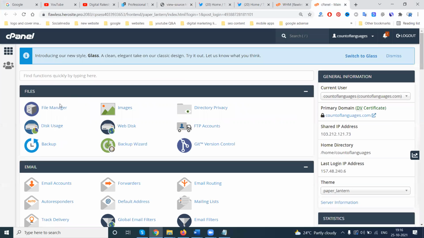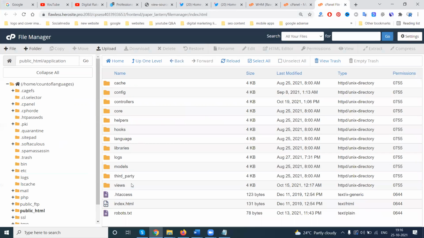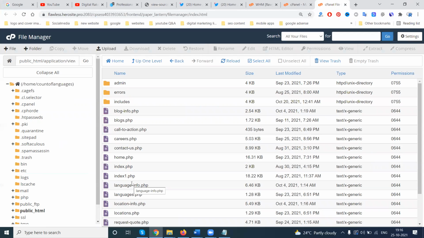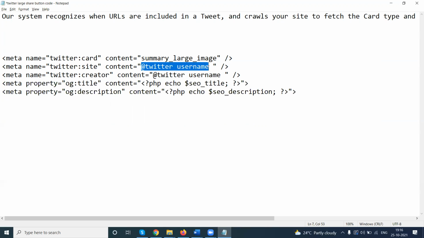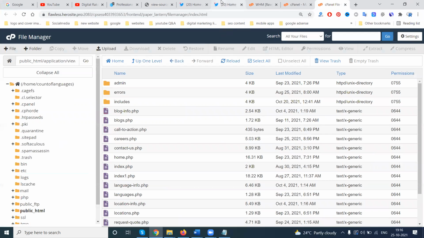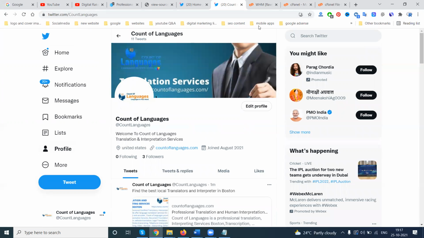Go to cPanel, File Manager. Where is the common file? You will understand this code, but my code is not done yet. Here is the Twitter username. What is my Twitter username? It will be the username.